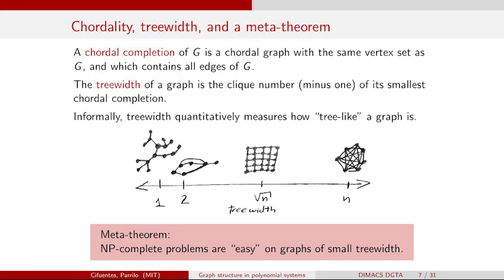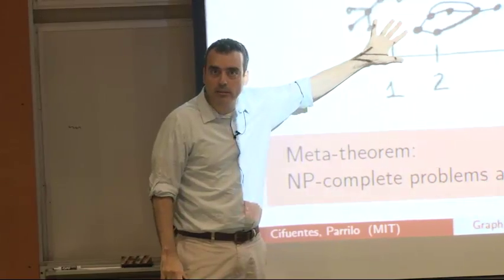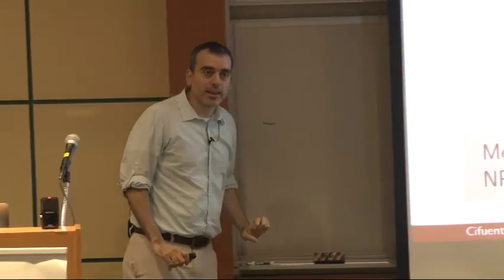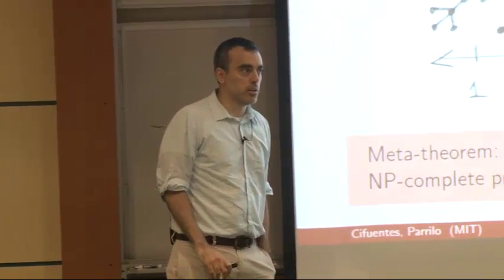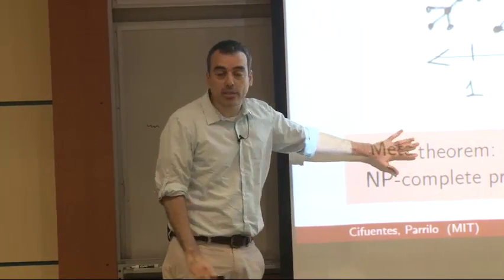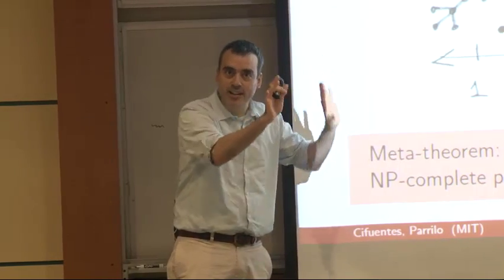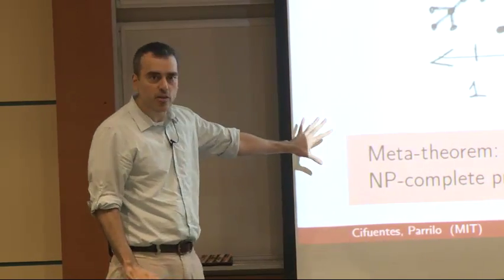It's really this meta theorem that says that every time you have an NP-complete problem on a graph of small tree width, some graph that lives over here, then those problems are actually going to be easy. They're not going to be exponential time or anything like this. Actually, they're essentially going to be polynomial time. And I'm going to at least tell you the essence of why this is true. As with every meta theorem, there are all kinds of stars and disclaimers, but roughly, this is true.